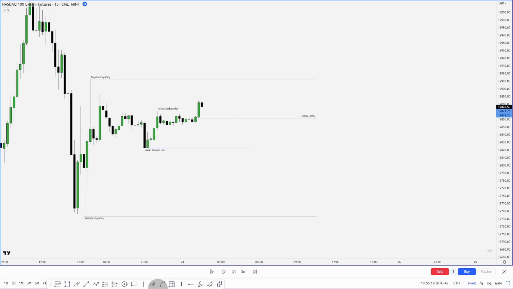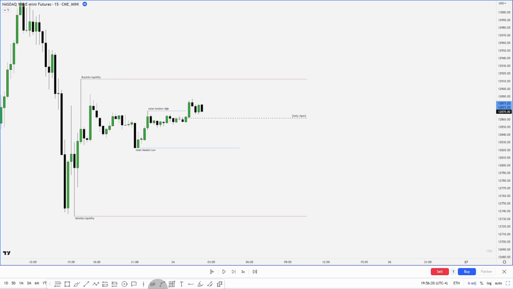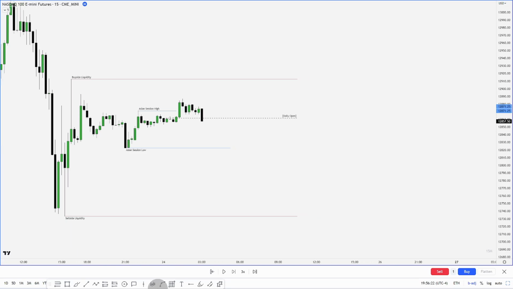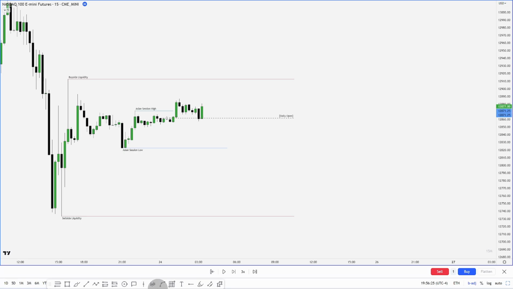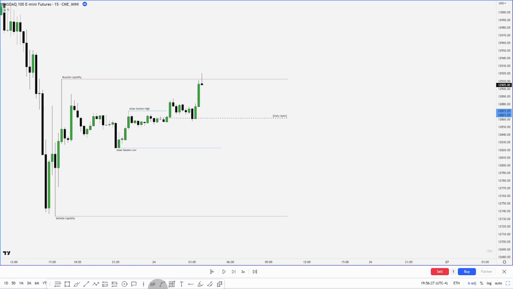So you can see we took the Asia high, come back into the range, but just consolidate, retest midnight open, and there we go and take our buy side liquidity. So this is our deviation from our current range. So looking at it, where would we want price to reach for? Well, we could see price reach for either equilibrium of this range, OTE of this range, or sell side liquidity.